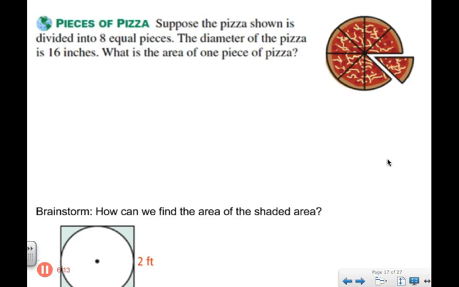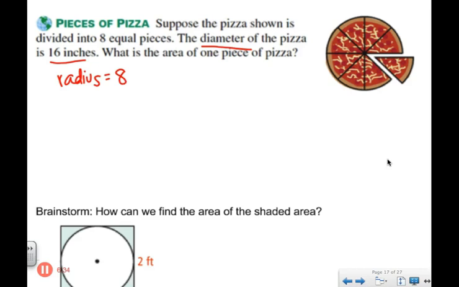So let's look at this first one. You got a pizza divided into 8 equal pieces. The diameter of the pizza is 16 inches. What is the area of one piece of pizza? So first off, we need a degree and we need a radius. Okay, so if the diameter is 16, I know I can cut that in half to get a radius